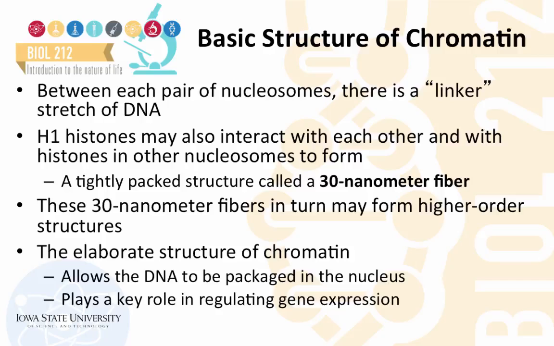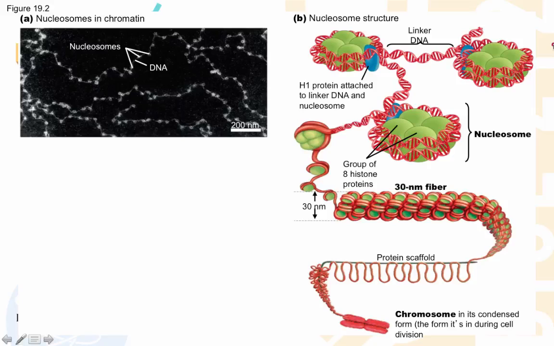The H1 histones may also interact with each other and with histones in other nucleosomes to form a more compacted structure called a 30-nanometer fiber. These 30-nanometer fibers come together to form higher-order structures. This elaborate level of organization allows DNA to be packaged in the nucleus and plays a key role in regulating gene expression. If you look at the different levels of chromatin structure, you can see that the DNA molecule is